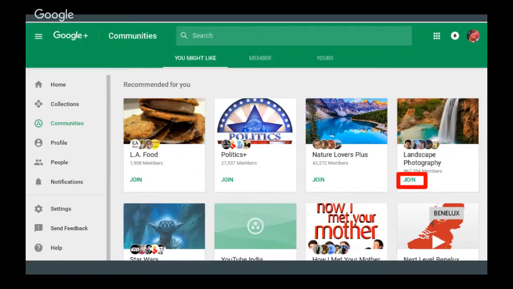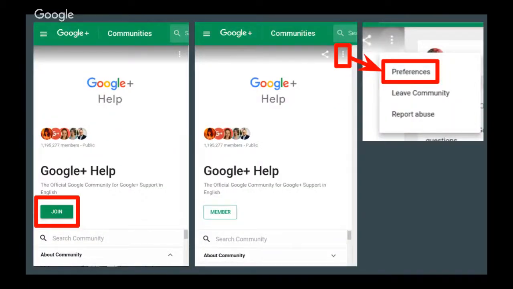Thank you, Peg. And I just wanted to mention really quickly, communities could be a whole topic in and of itself, but there are settings within the community itself that I recommend you check. They let you set whether you see community posts in your home stream and how much of the community posts you see. It also lets you choose how the posts in the community are sorted.